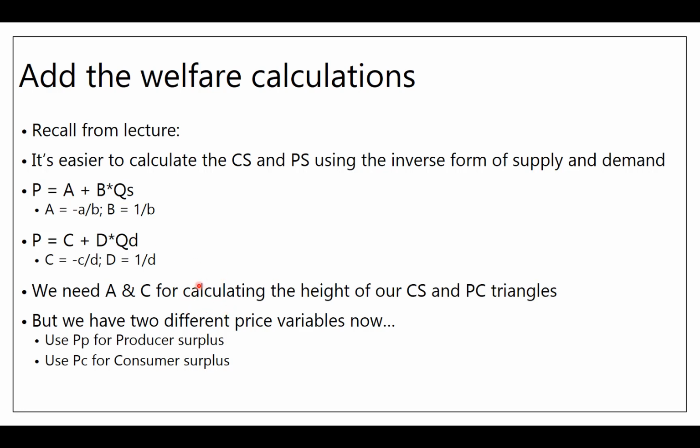And so if you remember those formulas, I think I said something like take the market price, subtract A from it, and that gives you the height of the producer surplus triangle. But we don't have that anymore. We don't have a single price. We have a producer price and a consumer price. And we need to use those to calculate our surplus measures, okay,